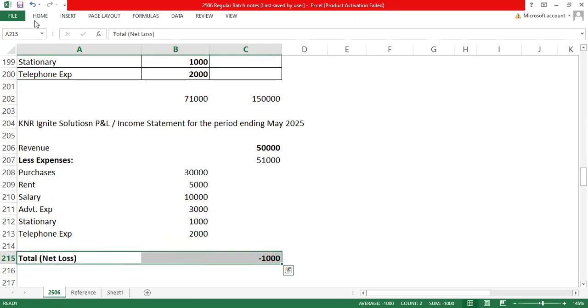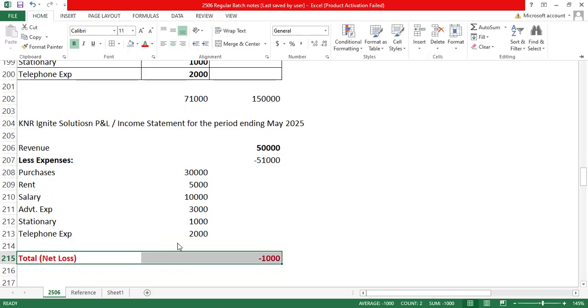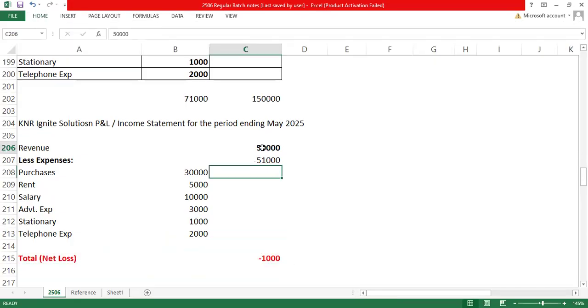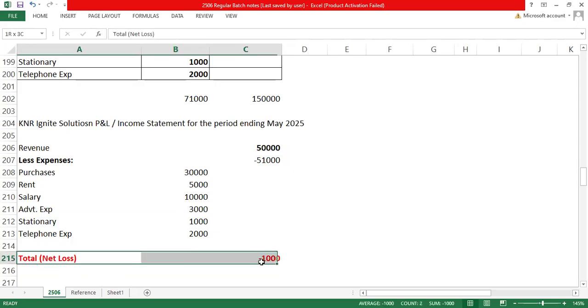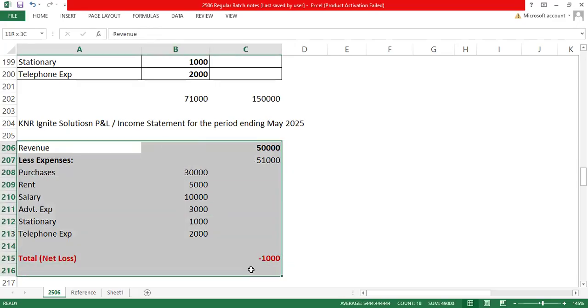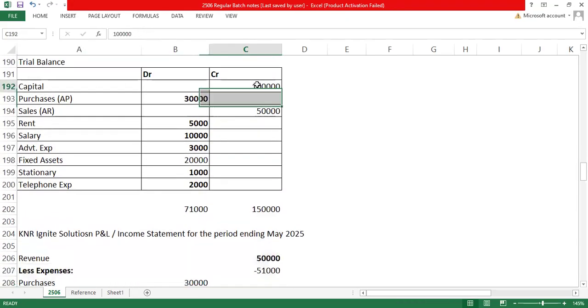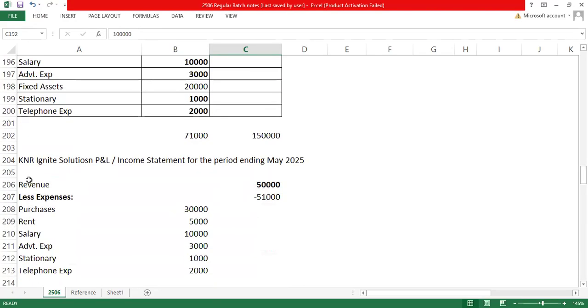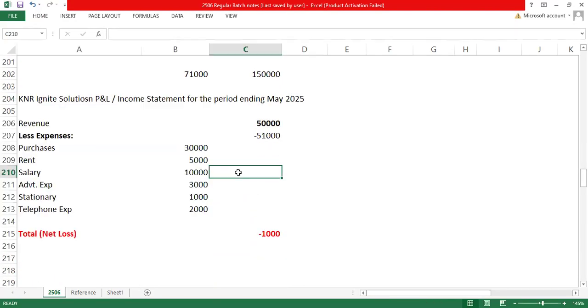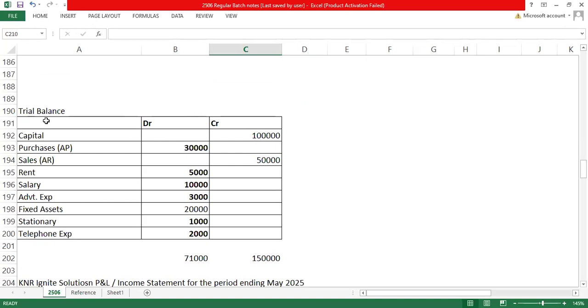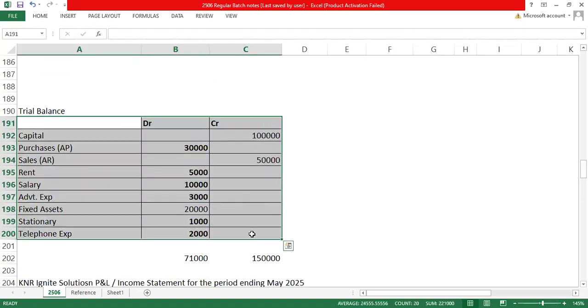As you made 1,000 rupees less than your revenue, that is where you are making losses. In simple terms, if you want to calculate profit or loss from all your transactions, always think about capital. Whatever you introduced, you are not going to calculate that in your P&L account, because that is going to remain for the rest of the business life. For next year also you will carry forward. Okay. So for now,